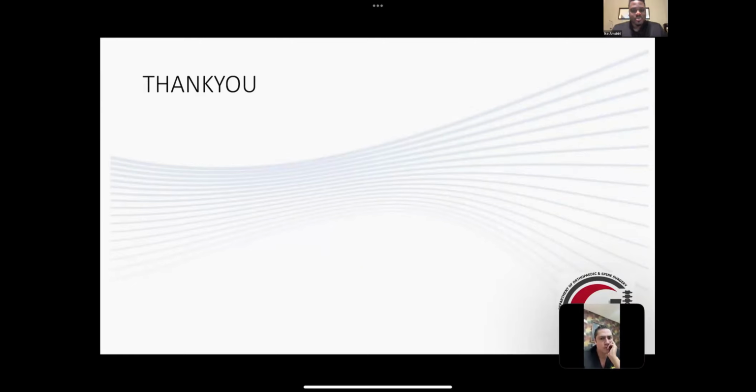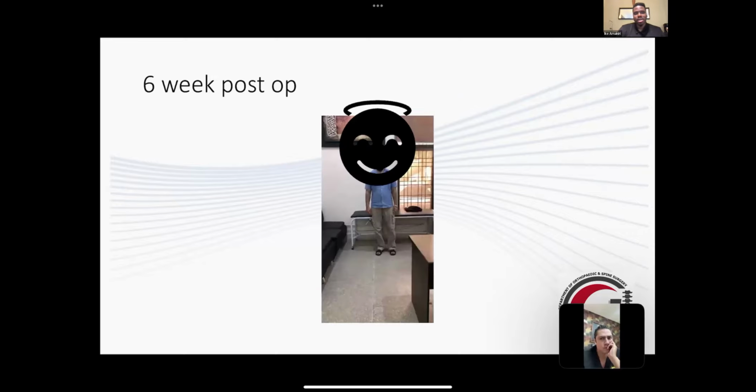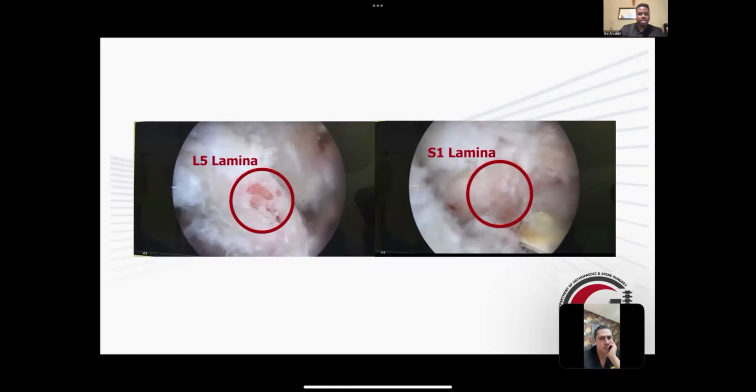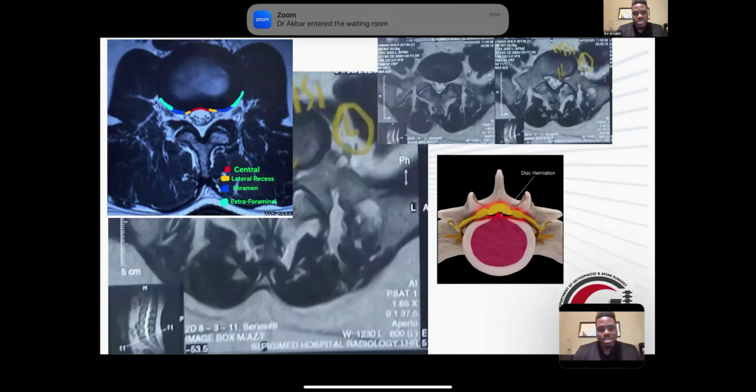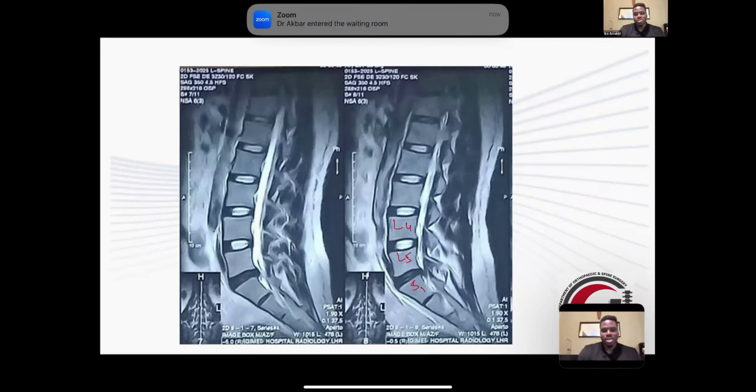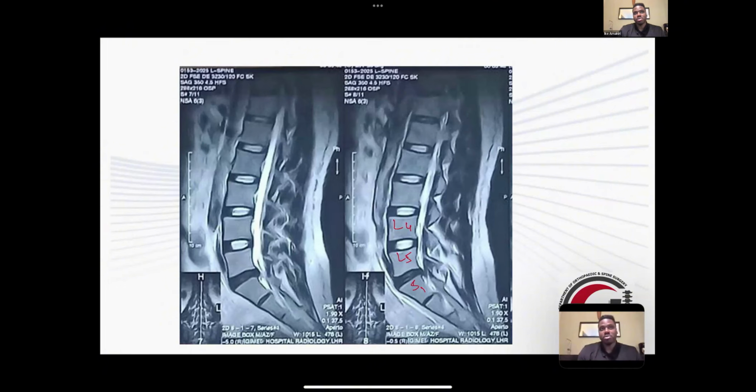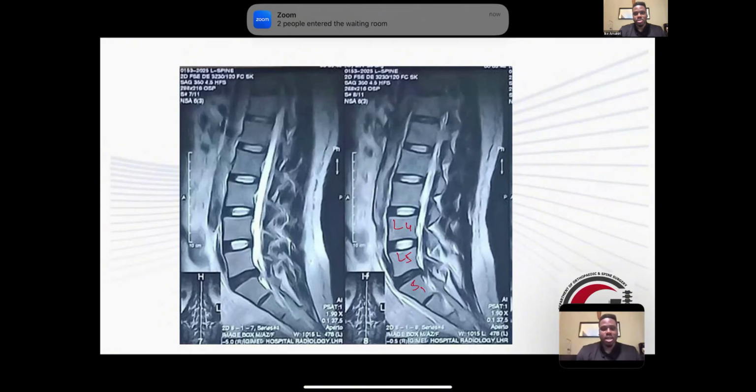Thank you, Dr. Zubair. If you could go back to the pre-op MRIs. Again, a similar question here. You used the interlaminar technique, and I wanted to gauge the crowd, starting with Dr. Rizwan again. Do you believe the interlaminar technique was the way to go here, or is it also possible to decompress and perform this procedure transforaminally, and what limitations guide you in one direction or the other?